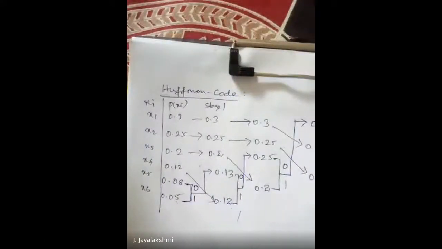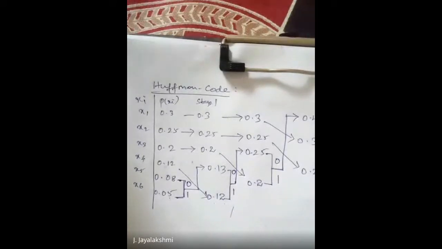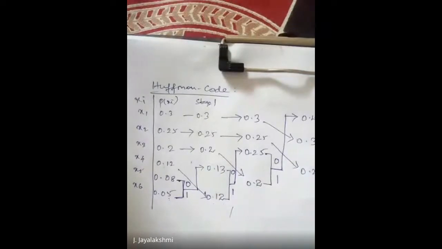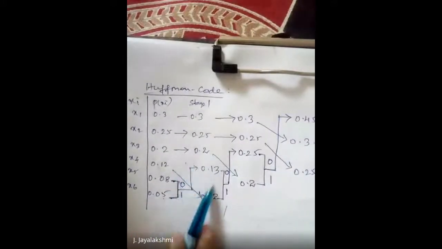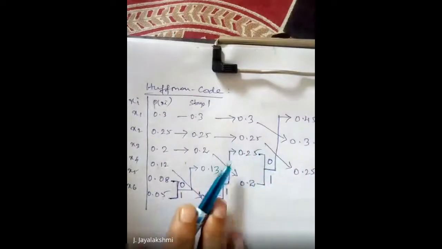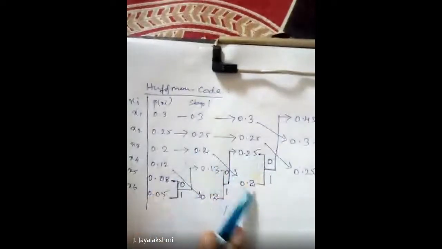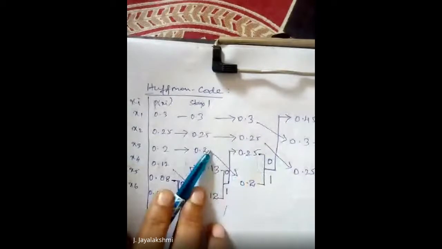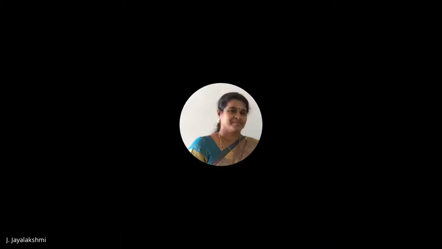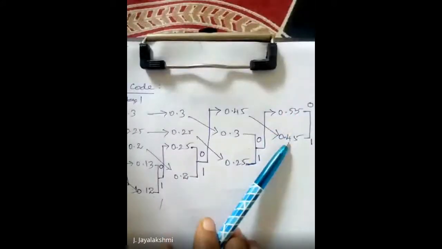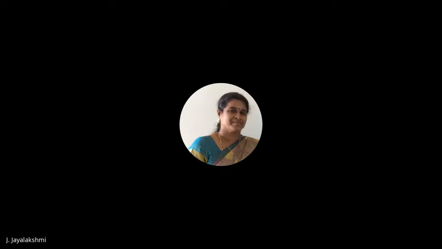Hope you understood what we have done. Just write the probabilities given in the problem in descending order. Then start adding two probabilities from the bottom. Then check whether it is greater or lesser. If it is lesser, leave it, write it at the bottom. If it is greater, take it to the above level and bring the one which is lesser to the below level. So this is what we have done in all the cases. So wherever we have got the sum to be greater, because we are using binary values, start with 0 and 1.